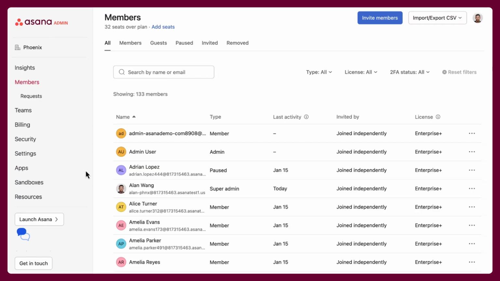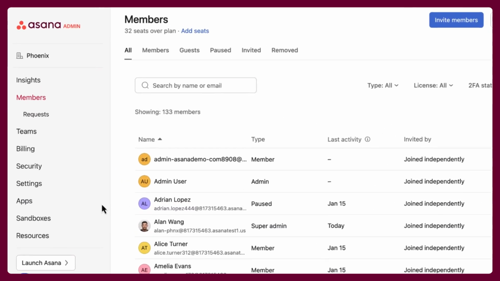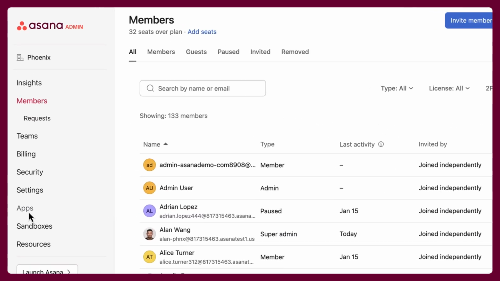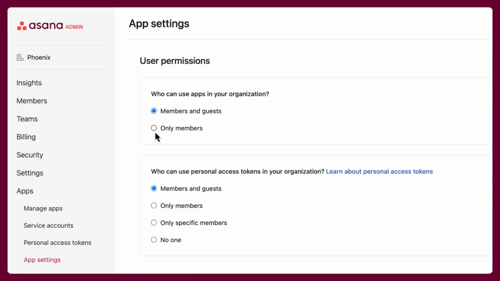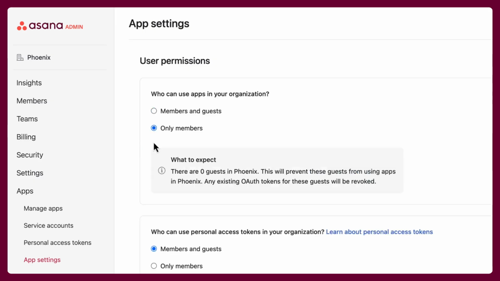Before users in your org set up app integrations, navigate to app settings to make a few critical decisions about integration usage at your organization. First, determine if guests can use apps in your organization. The default setting allows both members and guests to have access to apps, but you can restrict to members only